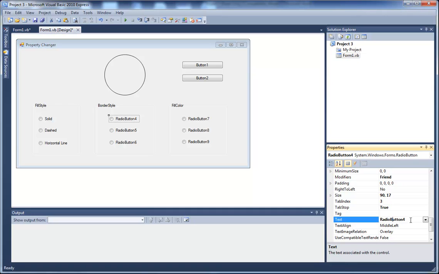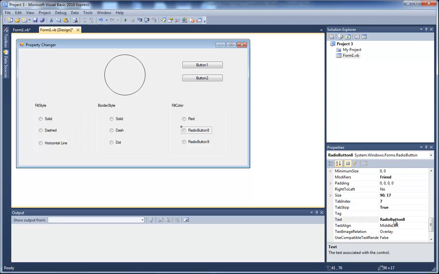So border style could be, again, solid. Second one could be dash, and the third one could be maybe dot. FillColor, we'll stick with our standard, maybe red, maybe green, and blue,